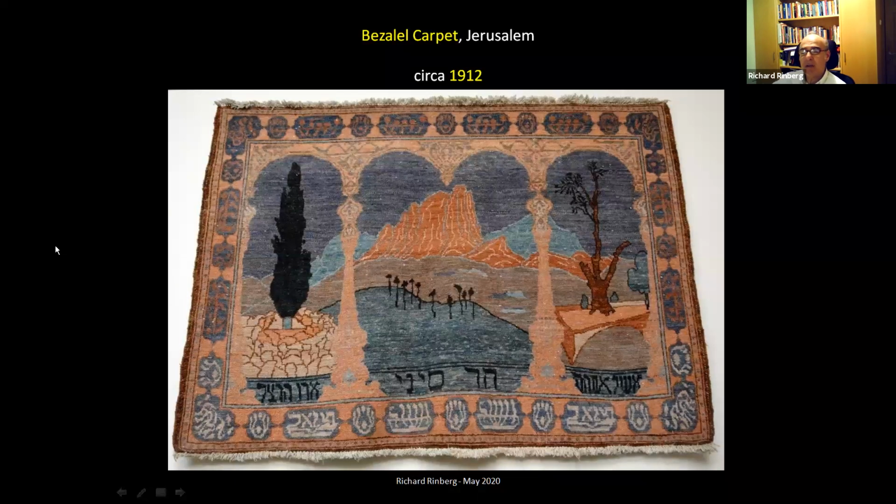Boris Schatz, who started it, gets the budget direct from Herzl, and they use the name Bezalel, obviously from the Midbar, the first Jewish artist, Bezalel Ben Uri, who Moshe instructs. And here's this carpet. And again, you've got subliminally the shape of the Luchot in here. And you've got Har Sinai. And you've got 10 trees, if you count them, obviously for the Aseret Dibrot.